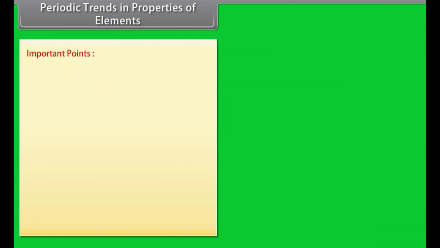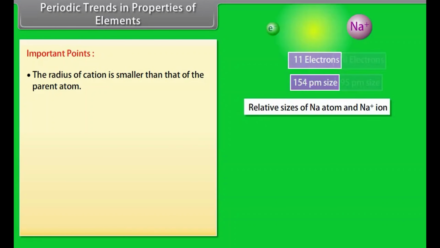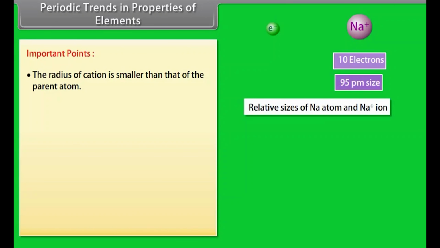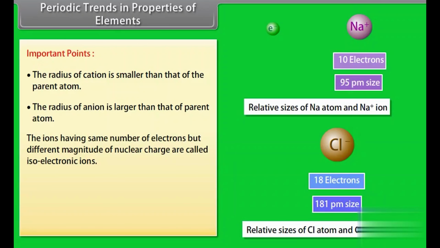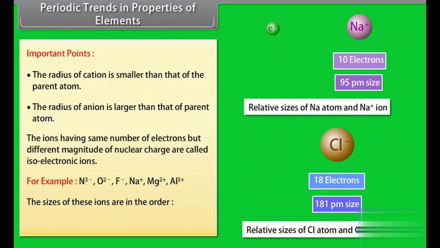Important points. The radius of cation is smaller than that of the parent atom. The radius of anion is larger than that of the parent atom. The ions having same number of electrons but different magnitude of nuclear charge are called isoelectronic ions. For example, the size of these ions are in the order: